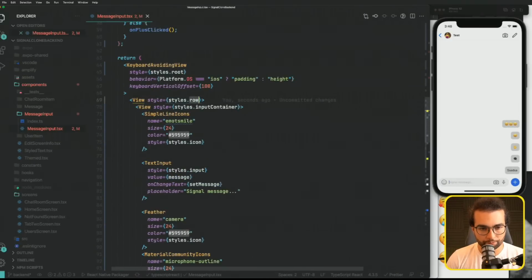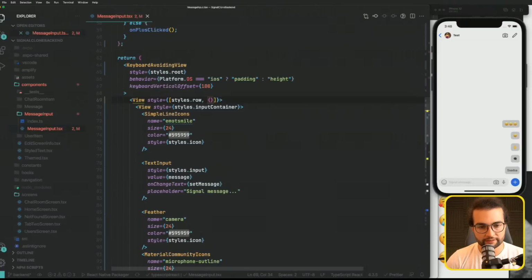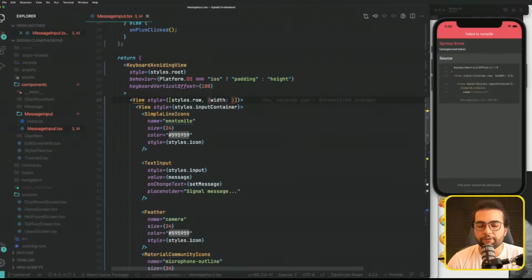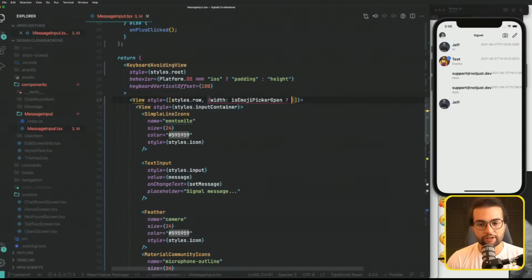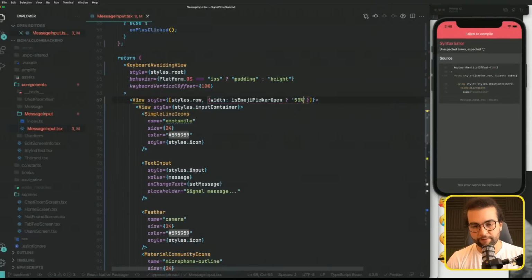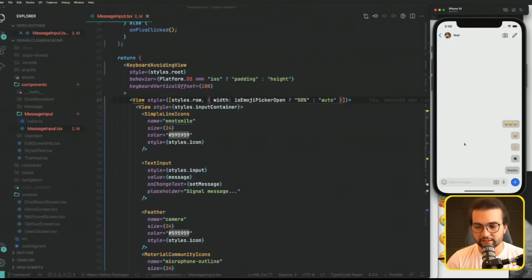And we can go to this row. Let's add one more style besides the row by putting them into an array. And here is gonna be the second style. For the second style, we'll need the width. So our width depends on if emoji picker is open. If it's open, we need to have 50% of the screen. If it's closed, it should be auto to take the space that it actually needs. So right now it looks good, but we need a way to open that